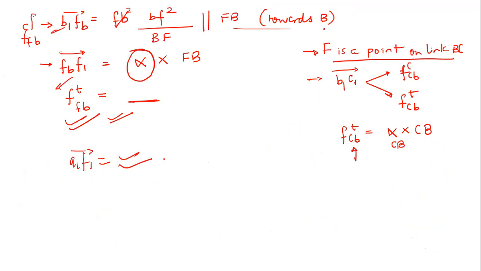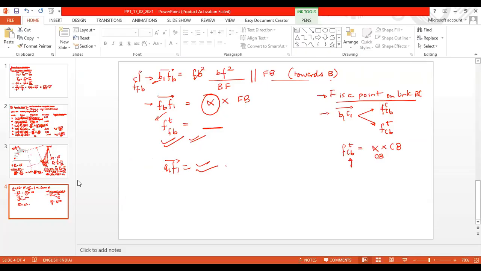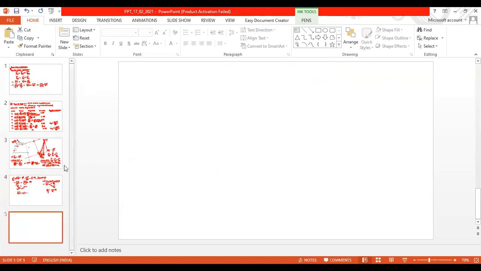Okay, let us go ahead and try to solve one more for a slider crank mechanism. Let's take that problem as well, and then things will become more clear. So let us take one more example, related to the slider crank mechanism.